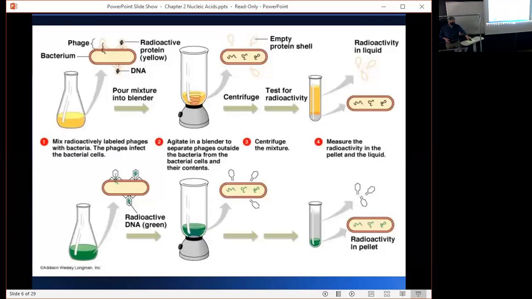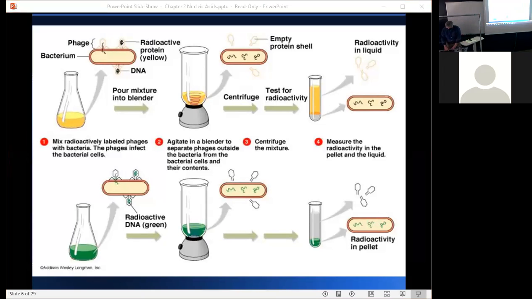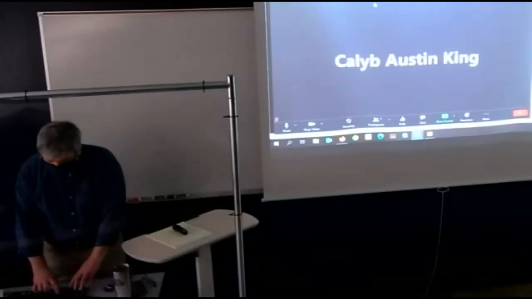Okay, so here's the Hershey and Chase experiment. So those of you in class, how many of you have had, I guess all of you have had micro already, right? And have you studied bacteriophage? You went over bacteriophage, right? For those of you joining by Zoom,